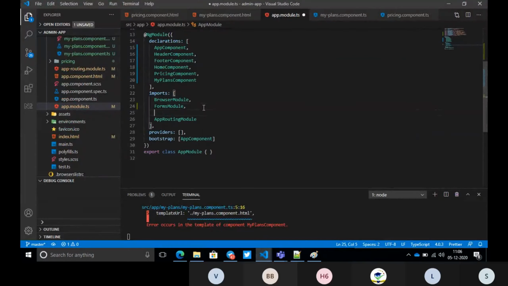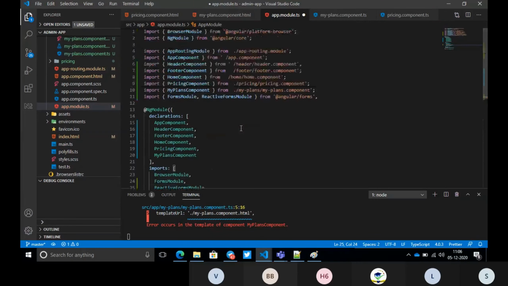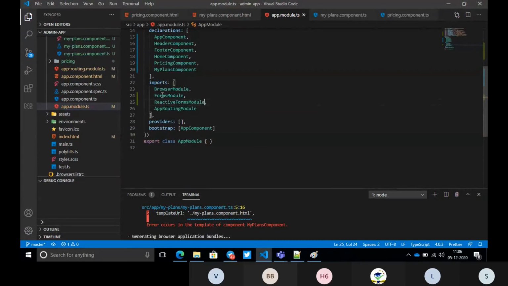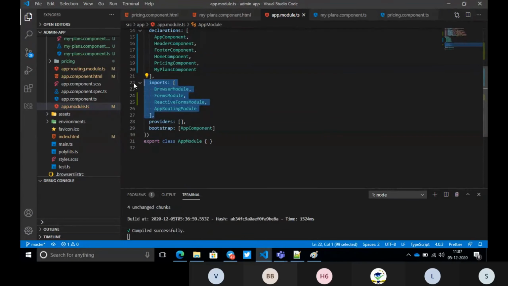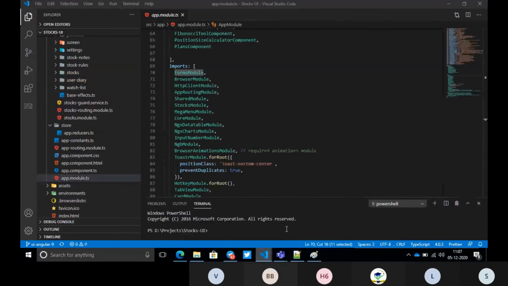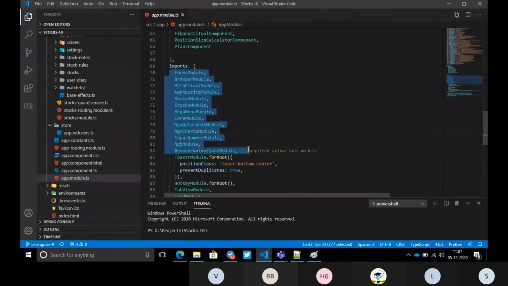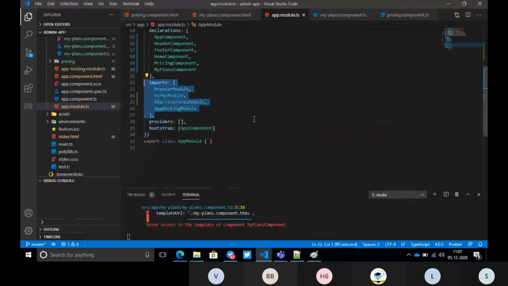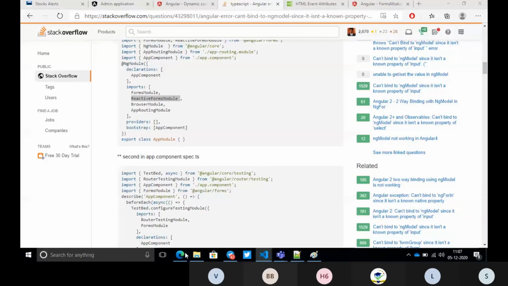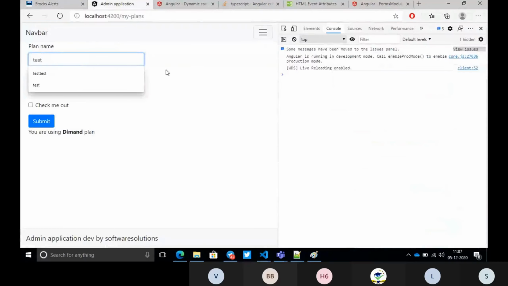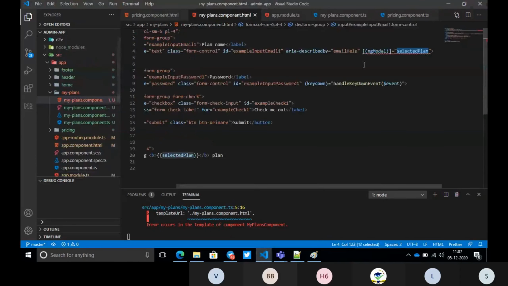It will occur only for the first time when your project is being set up. Once your project is ready, they will already have added all the required modules from Angular. Suppose you have taken this example, whatever modules are required for this project, we have already added in this module, and your job is just going there and doing the things required for us. That's all. We don't need to do it from scratch. These things only happen when we are implementing from scratch. It will not happen when you are already working on an existing project.